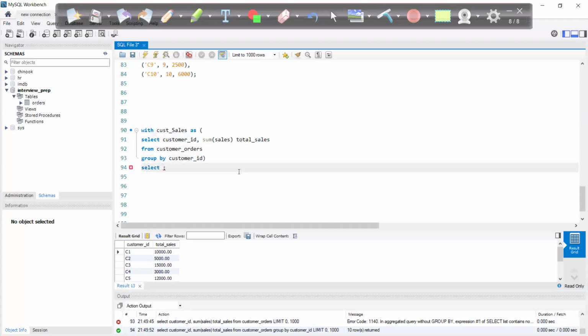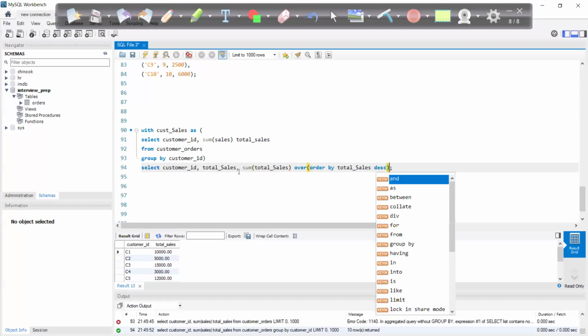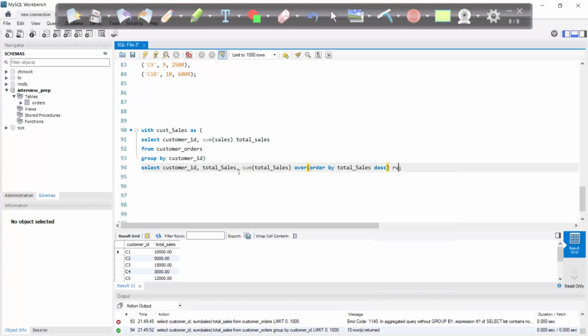Select customer ID, total sales, sum of total sales over. Again, I want to do the cumulative sum, right? So I will apply order by total sales in descending order. That is my running total,